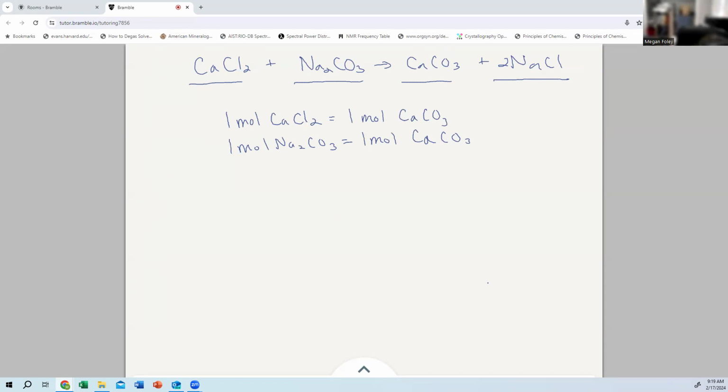So we are starting out with 1.470 grams of CaCl2. And using this idea, we can figure out how many moles of CaCO3 we should have formed. So first we need to get our CaCl2 into molar mass. So calcium again is 40.078 grams per mole. Chlorine is 35.453 grams per mole. So we get a molar mass of CaCl2